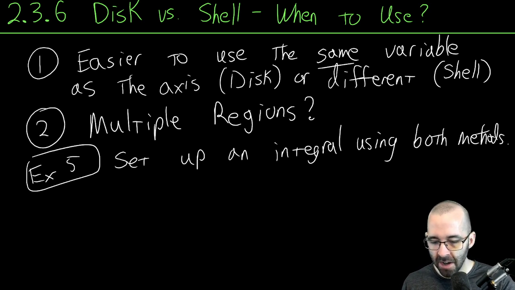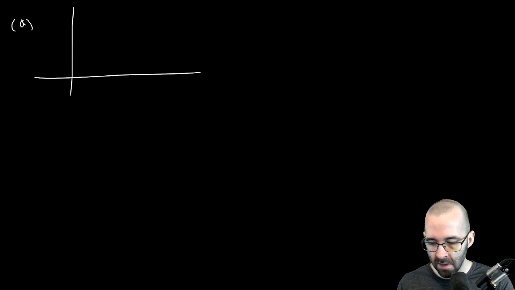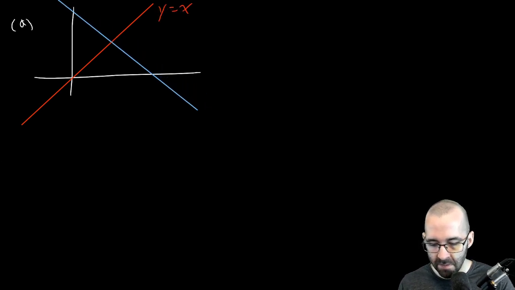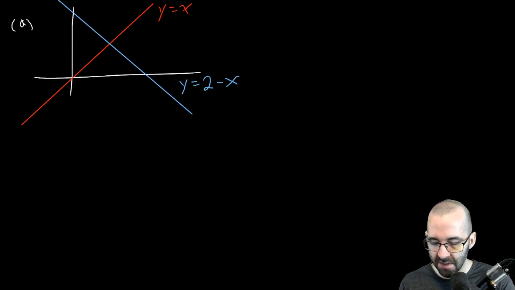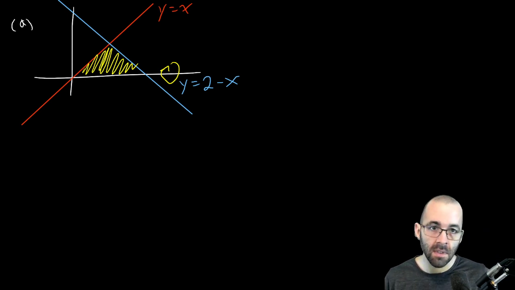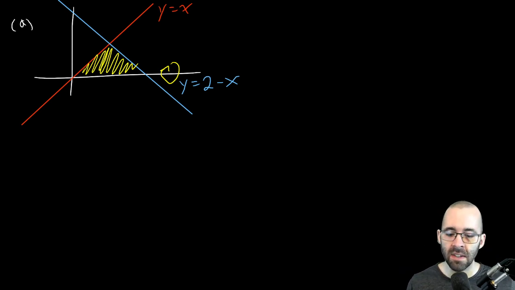Okay, so let's do part A. So we got one function. You know what? I'm going to do this right. We got one function. This is y equals x. And we got another function. That's going to be y equals 2 minus x. We're looking at this region between them, and we're rotating about the x-axis. So before we set this up, things to look for. First off,